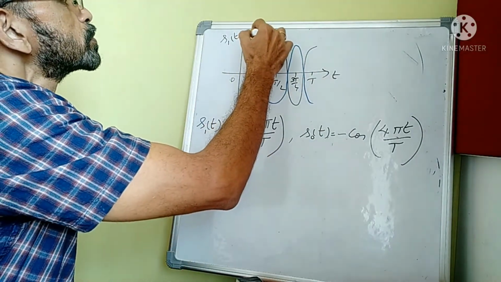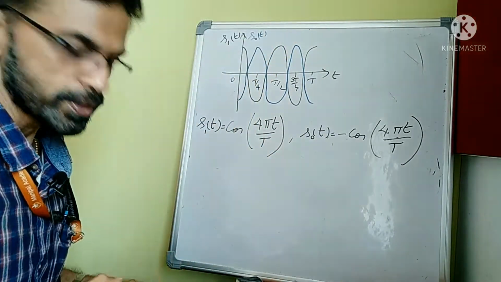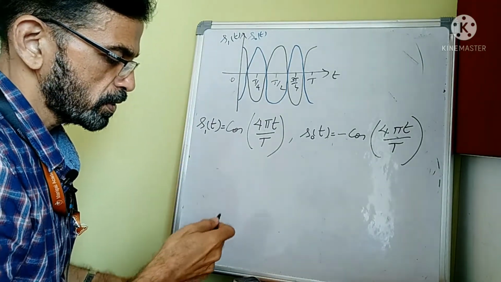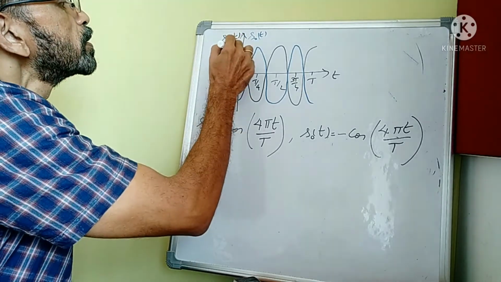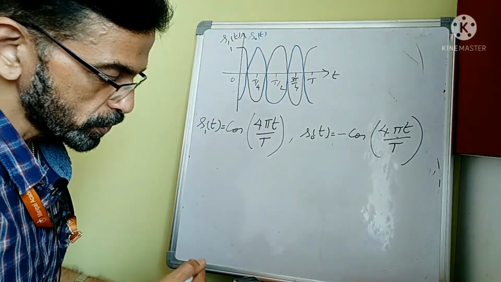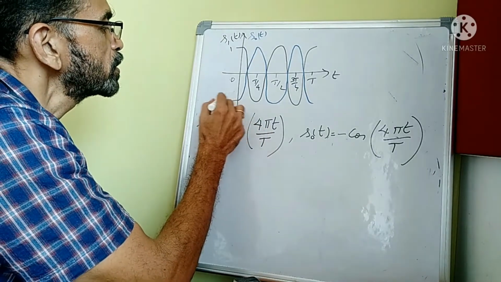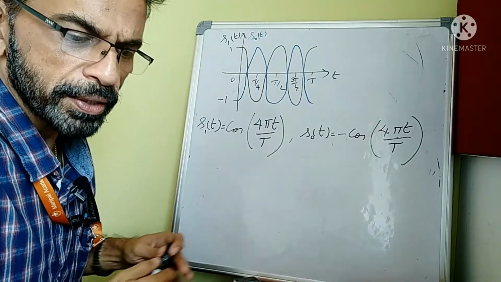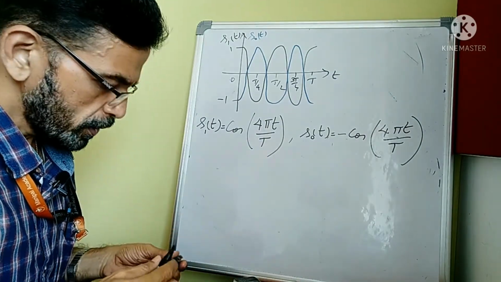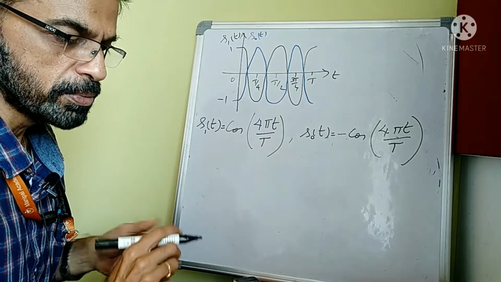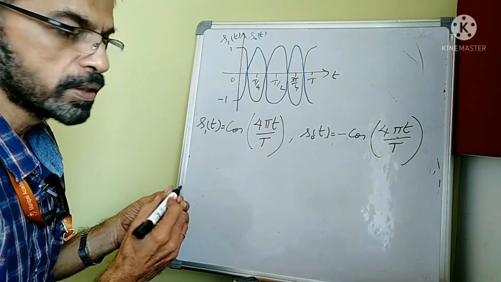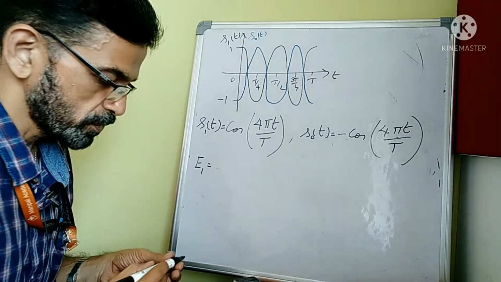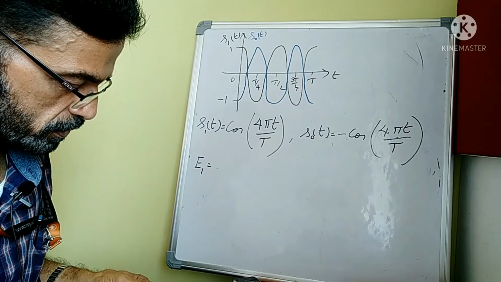So blue is S0(t). And as you know, this will be 1 unit, volt or ampere, whatever it is. This will be minus 1. So maybe we can call it as volts. And now E1 will be the energy of S1. The E1 will be